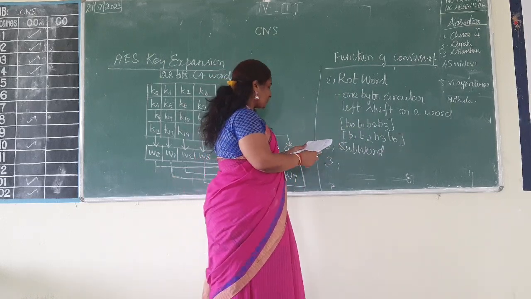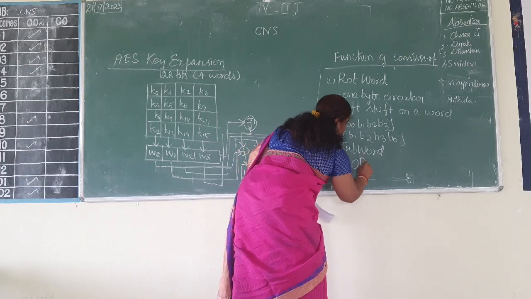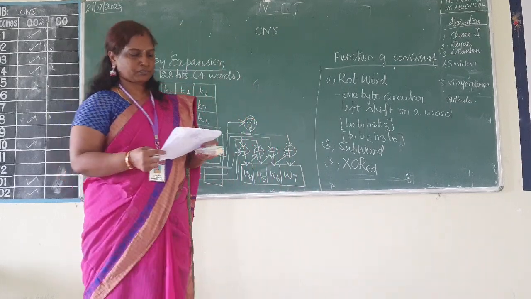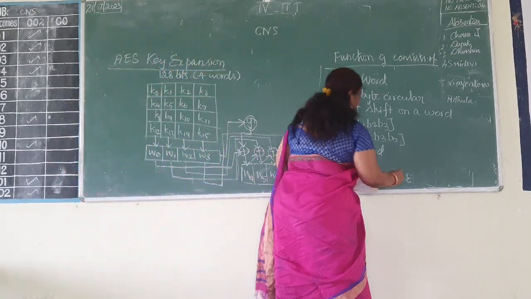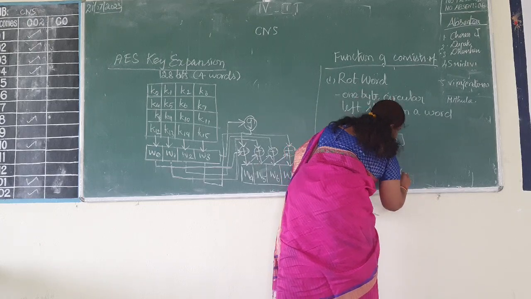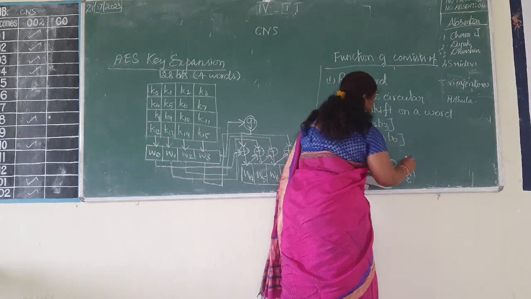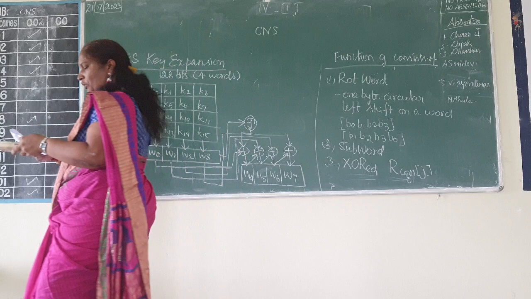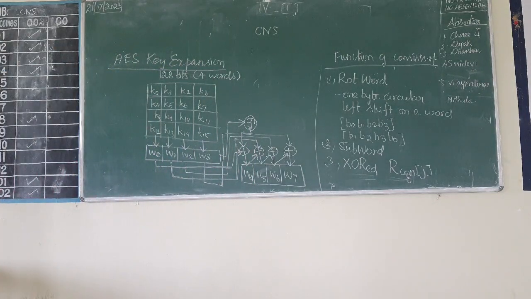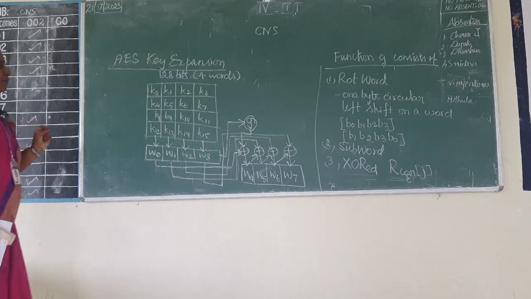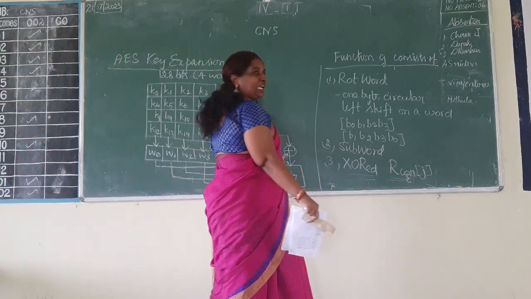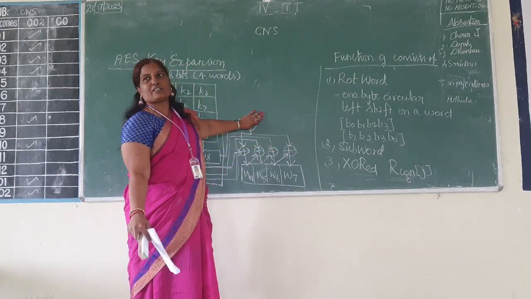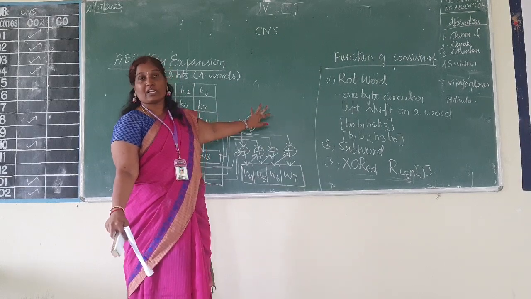The result of steps 1 and 2 is XORed with a round constant which is named as Con of J. Again, this G also, in depth we will not be dealing with. We only need to know what are the functions happening within this G. Okay, detail we are not going to see.